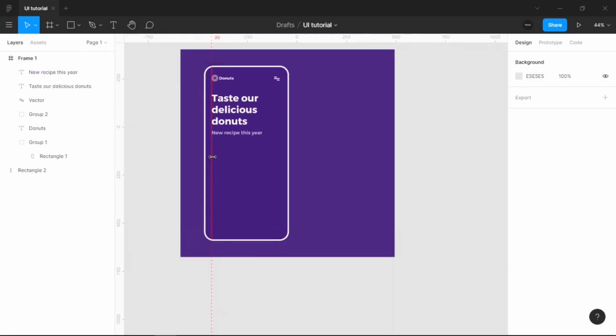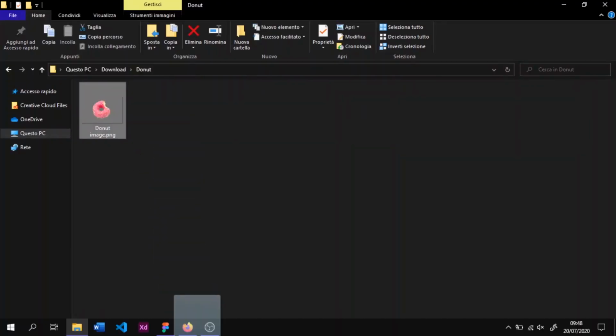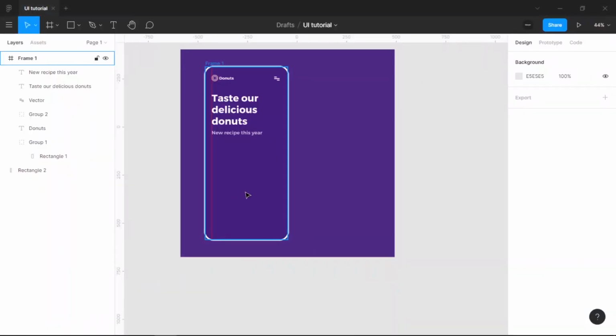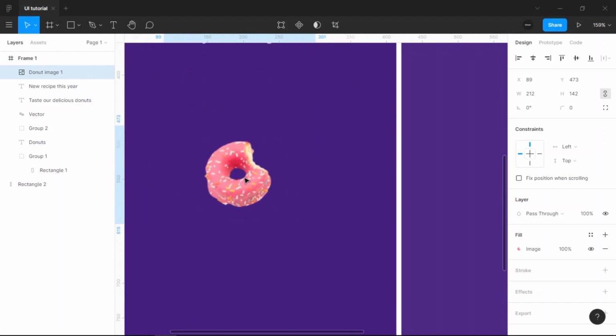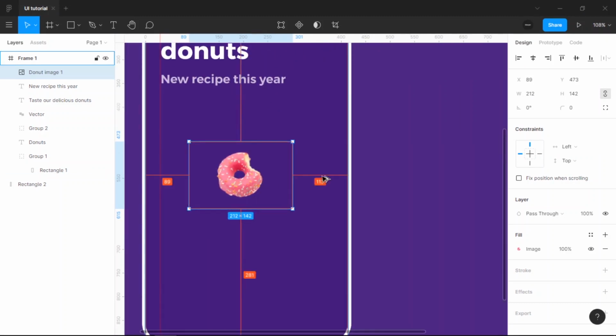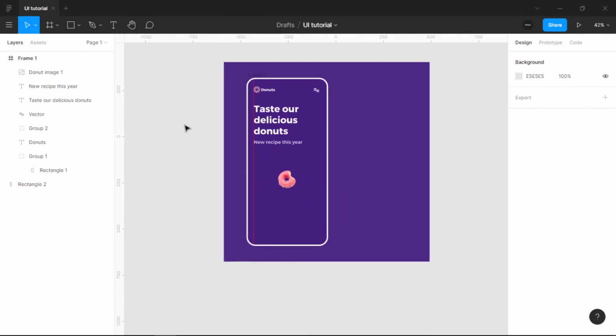Now we just start by making a donuts. We can drag a donuts. You can find the link down below in the description, and then put on the center. Can be like here, and then we just start by making